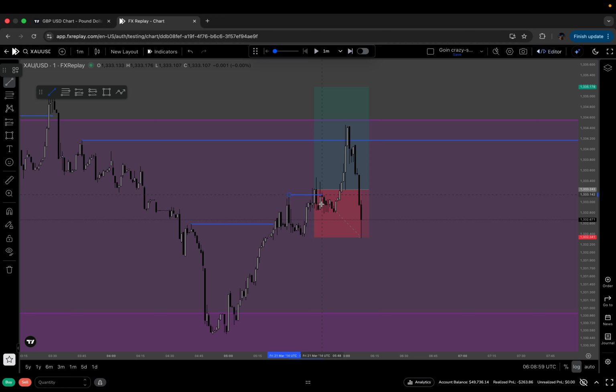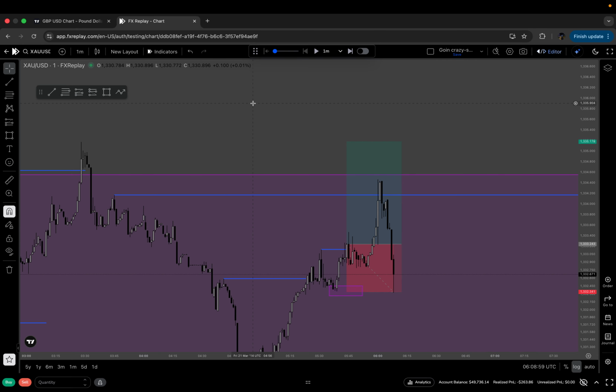We then get a break of these highs. So this would now be our protected low, right? And where can we look to target? We can look to target these highs up here. But I do think I should have gone break even at this level just because of all the stacked liquidity,